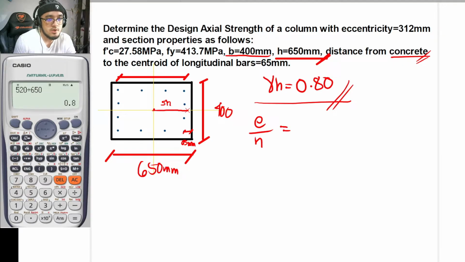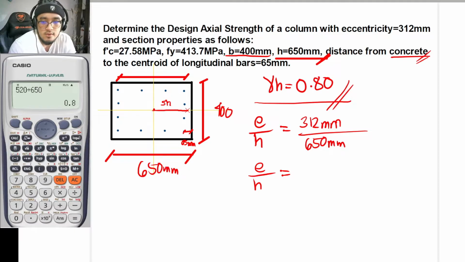So direct substitution. Our E is to be equal to 312 millimeters. So 312 mm divided by H, and our H is to be 650 mm. So with that, our E over H value is now to be equal to 312 divided by 650. So this is now to be equal to